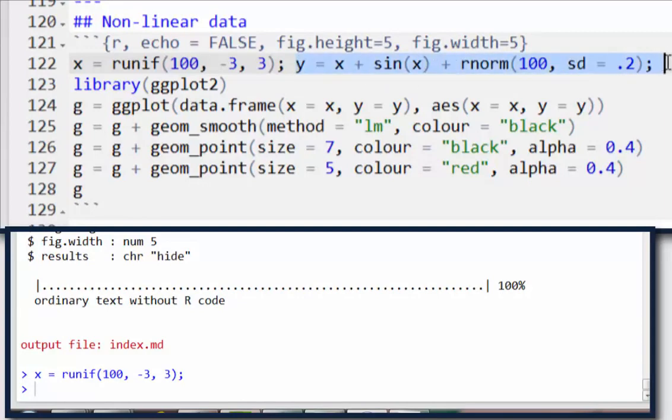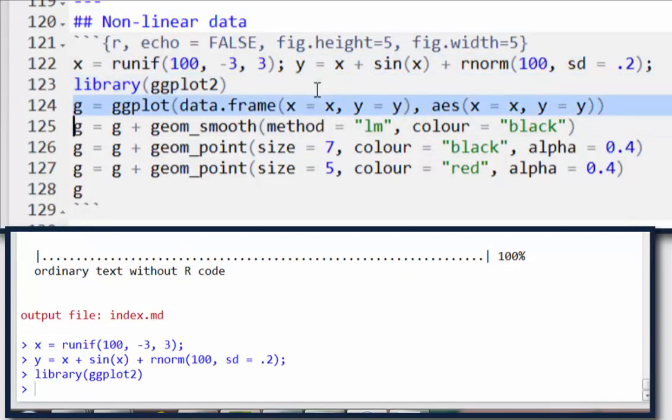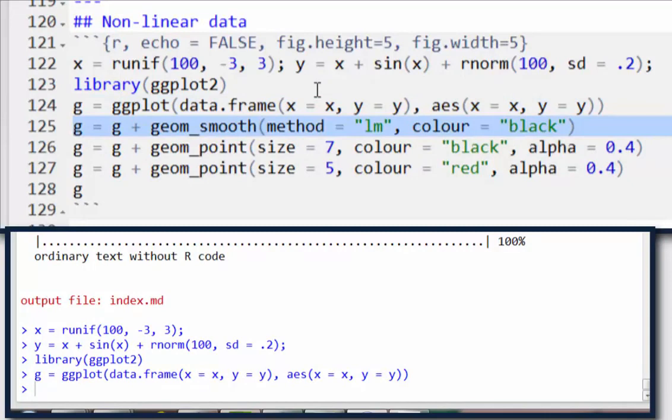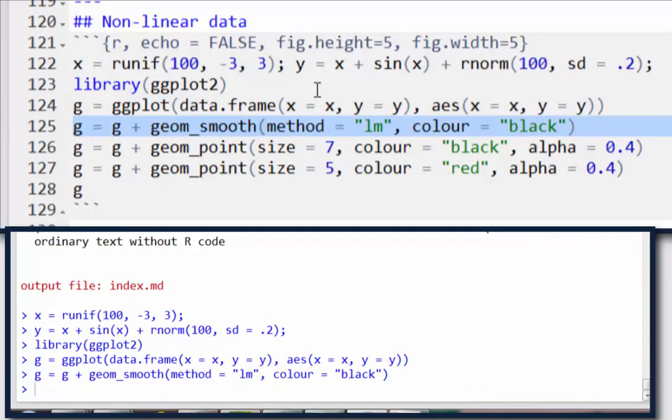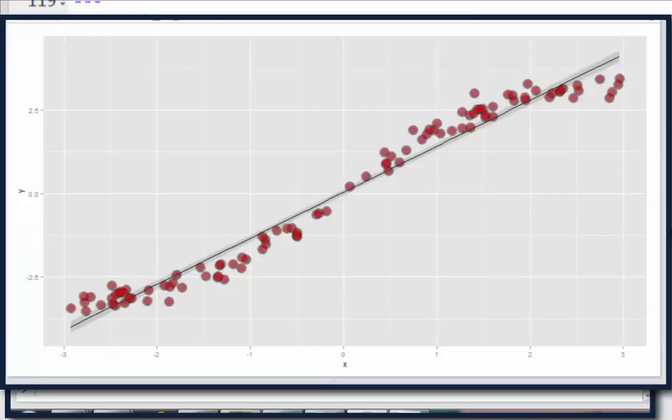So let me add my Y, and I'm going to switch back to ggplot because I like it better than base graphics now. So I've created my ggplot. I'm going to go ahead and add the smooth first because I want it as the bottommost layer, and then I'm going to add my 2 sets of points,